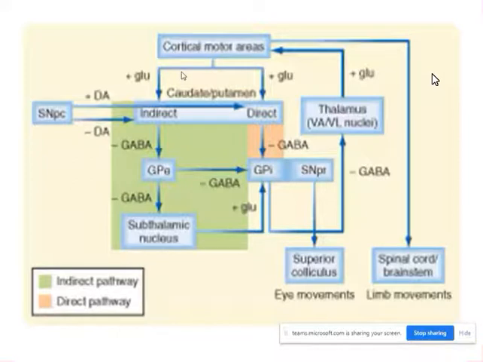So the nature of the receptor present on the heart and the GIT is different, so they are having different effects on the muscle contraction. Similarly, the dopamine receptor present on the direct and indirect striatum is different, so they are having different effects on the direct and indirect pathway. Am I clear?